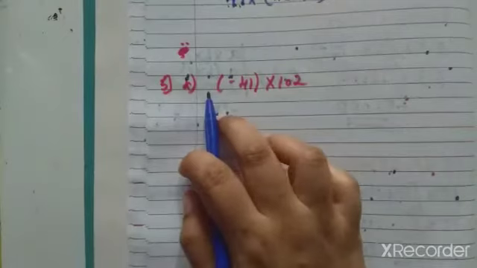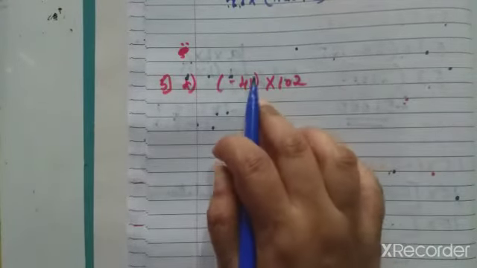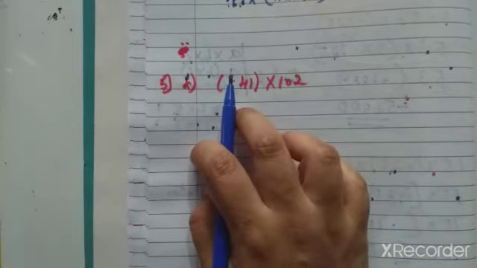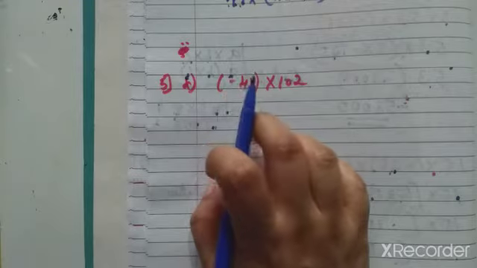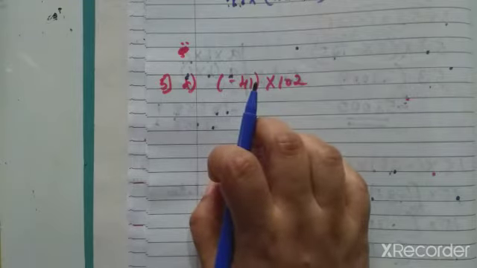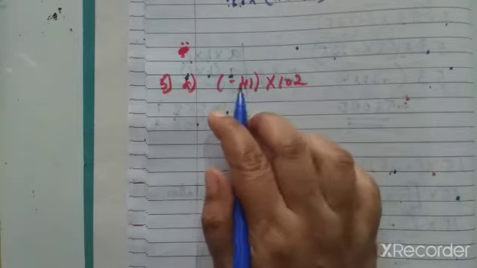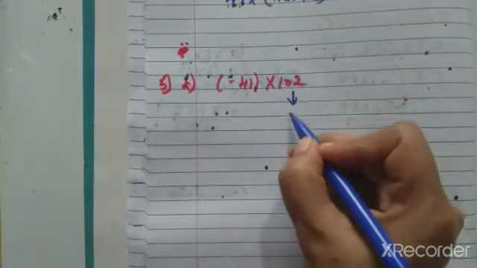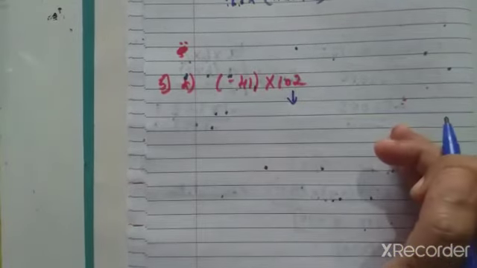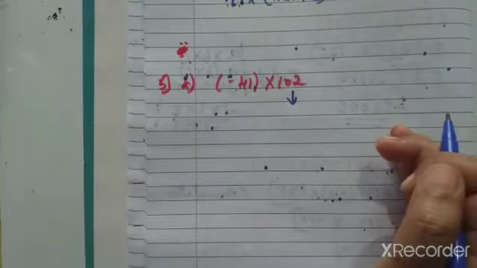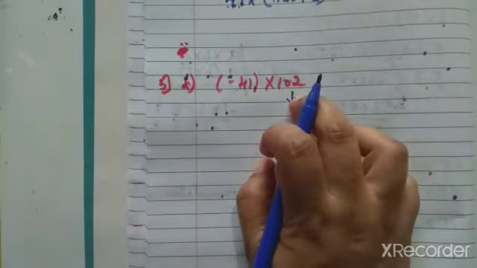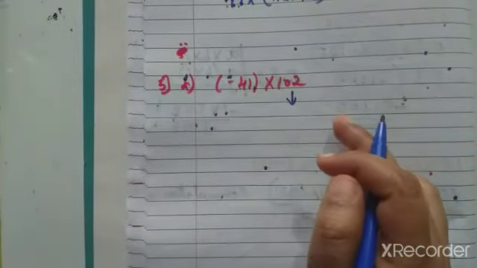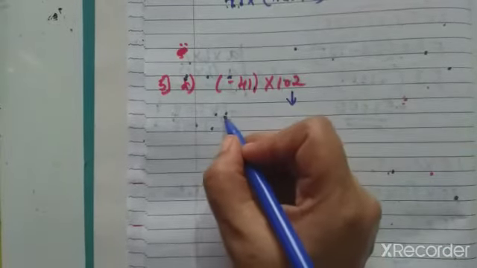Fifth question, D1: minus 41 into 102. We can multiply directly and write the answer, but the question asks to find the product using a suitable property. So we have to apply a property, any property. In some questions we can try with any two properties. Here 41 is there and 102. 102 means we can split the number: 100 plus 2, or 104 minus 2. If a round figure with 00 is there, we can multiply easily. After distributing, we multiply easily when the digits are in 00 form. So make it easy, simple.